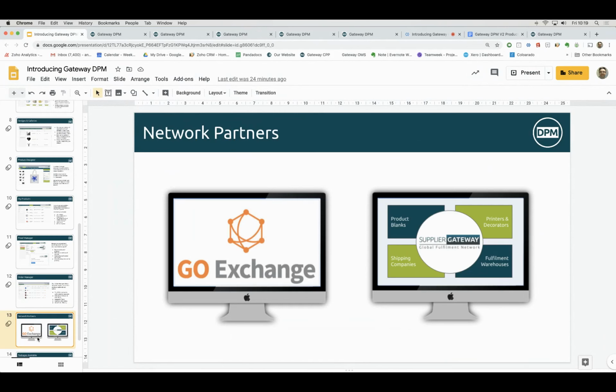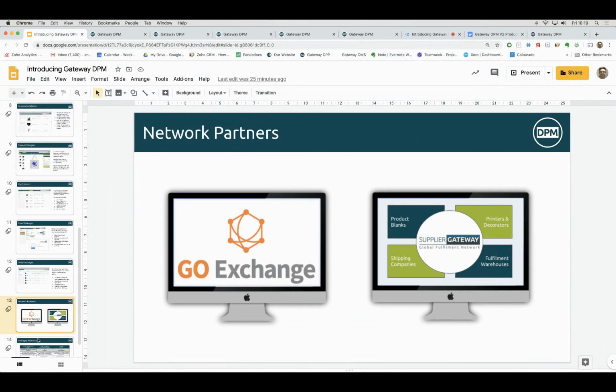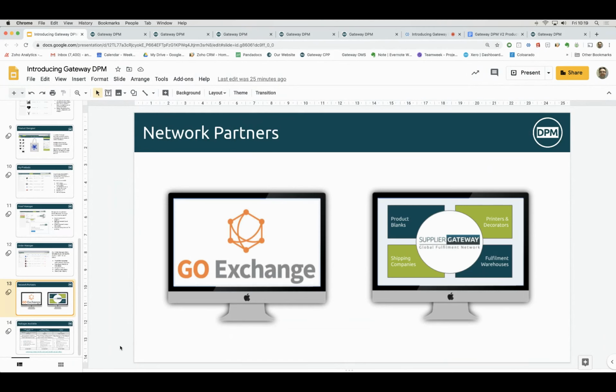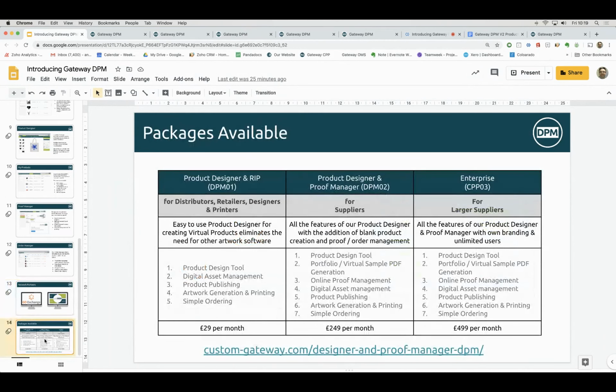And obviously we've also got our own network of customers who tend to be the largest on-demand printers, which are also all around the world. So whether it's a distributed manufacturing network that will automatically find a printer for you, or you want to be introduced to a large fulfillment house, we can help you, and they're all connected to DPM. So we'll finish up. If you want more details,